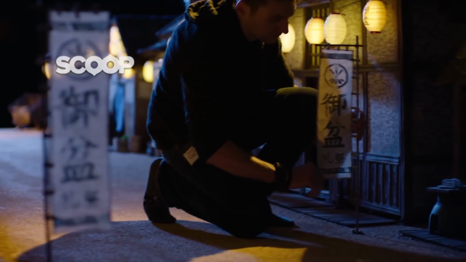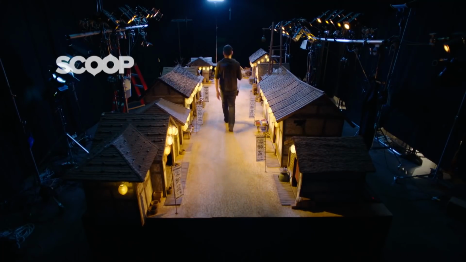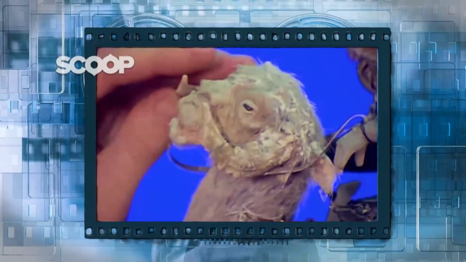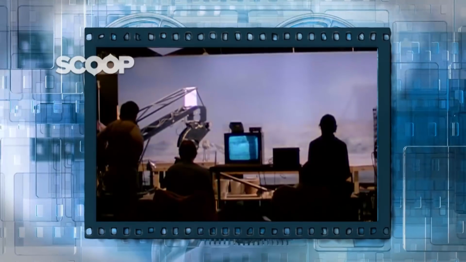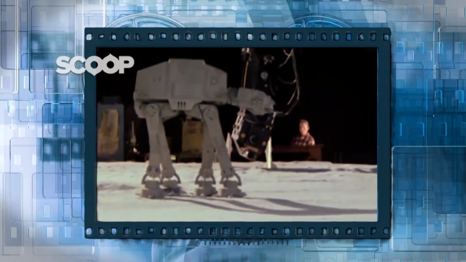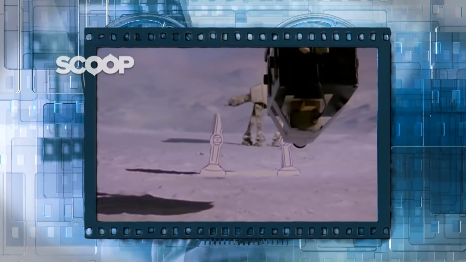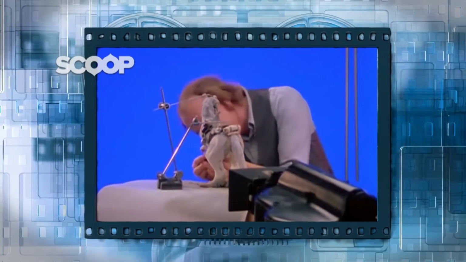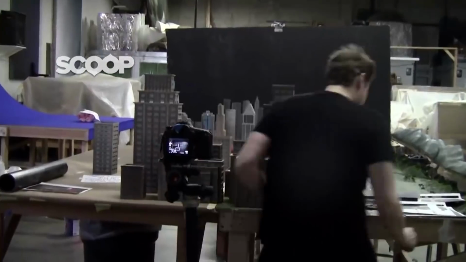Before the digital age, filmmakers used models and miniatures for pretty much every special effects sequence. It's a technique that quickly faded when CGI was introduced, although directors sometimes still fall back on the old ways. So let's take a look at the history of scale models in motion pictures and find out if it still